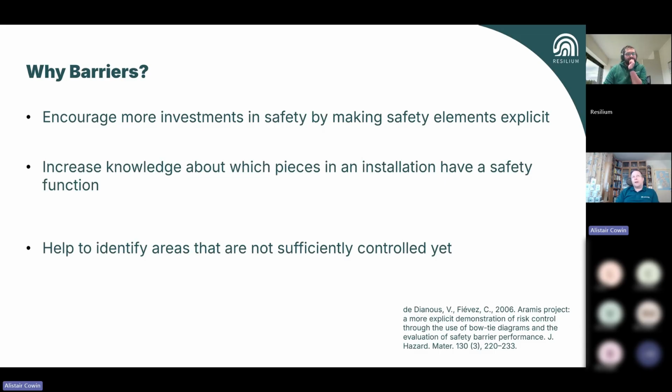The reference is down there. And really, these chaps said it's about encouraging more investment in safety and making the safety elements explicit. All my career, there's always been a little tick box at the bottom of the incidents and change forms: is safety affected? And it's the box that everybody ticked to get funding. But we need to have some sense, some order, and some reality around this.